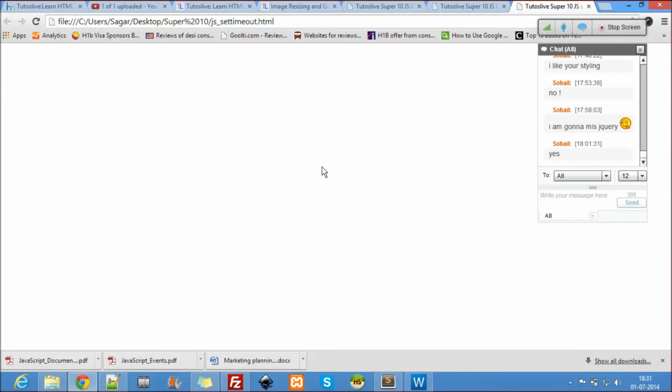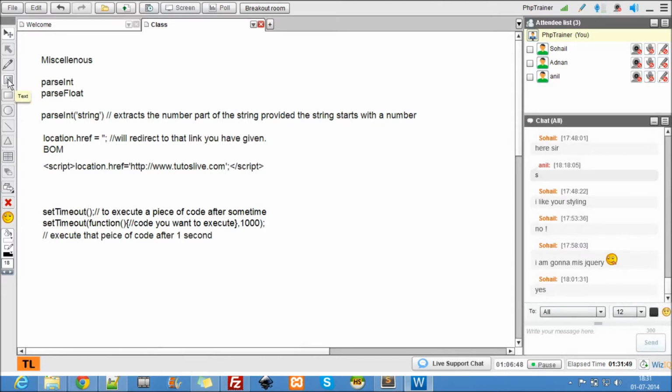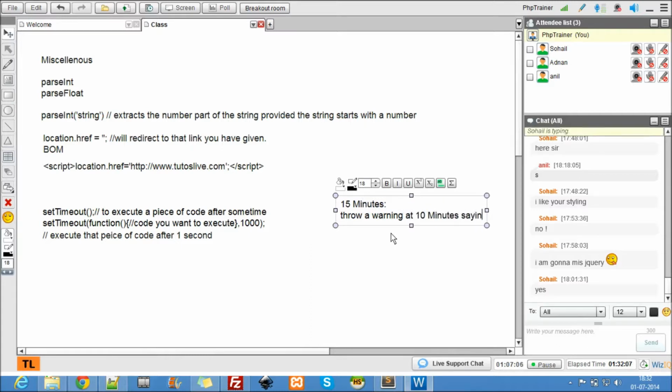Like, say for instance, I'll tell you a beautiful application with set timeout. If you want to try, okay, try this out. So now this is the situation. Okay, I have a call for 15 minutes. I have to throw a warning at 10 minutes saying that you have only 5 minutes left.